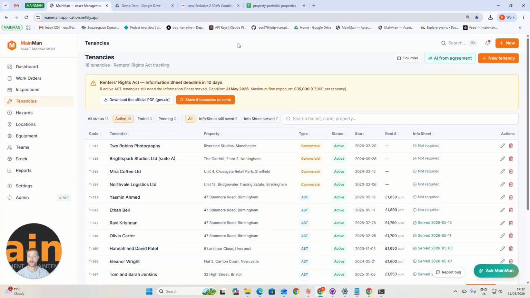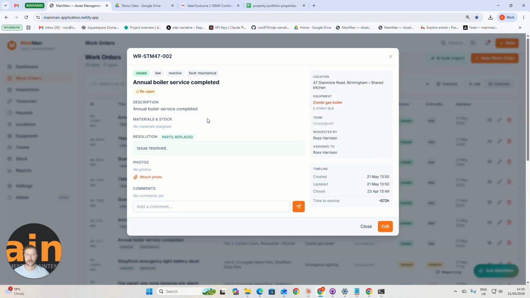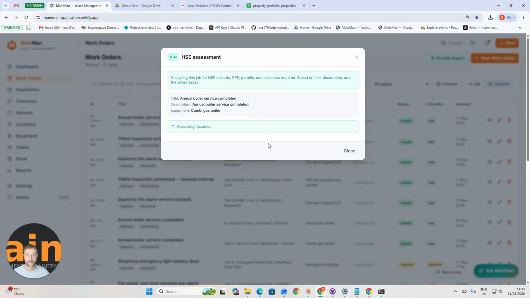Okay, fine, close. So there's some of the key ways that AI is built into this solution. Actually, I've got one more. So on a work order, let's say we click on here. We want to say I was creating this from the outset. So first and foremost, if someone's put a certain amount of detail in there and it's all typed out really roughly, you can use Smart Triage, which will further populate that and populate all the fields correctly, so no data is incorrectly put in there and everything's populated. But you can also run a HSE assessment across it. So if I click this button,